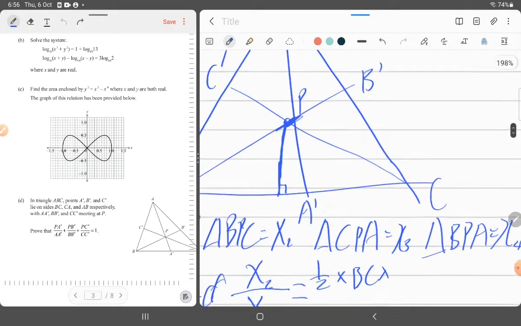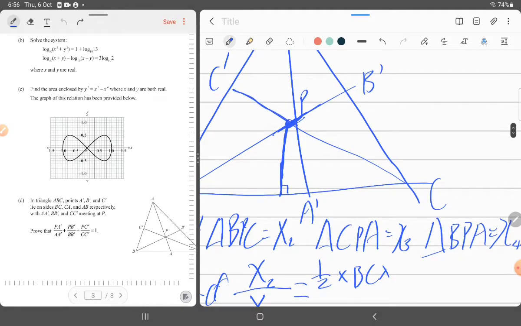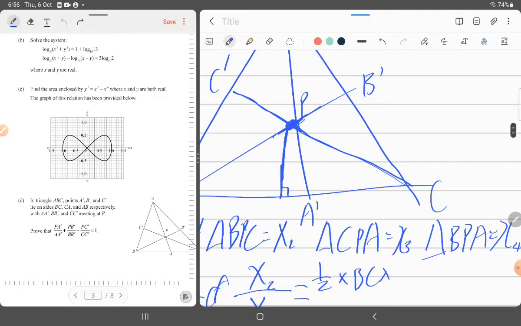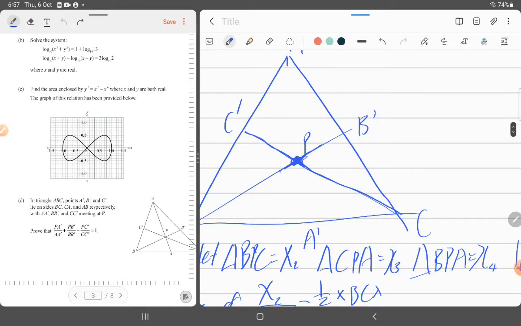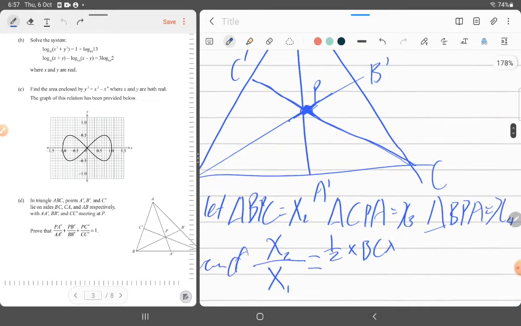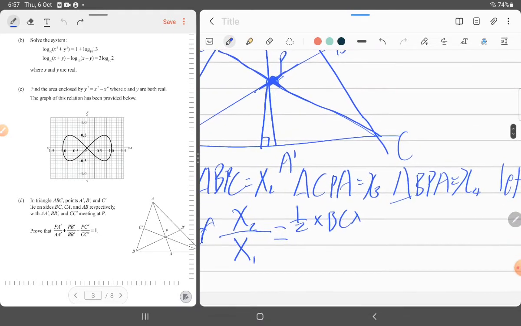Let me just clean it up real quick. My OCD is just... okay, it's good enough. So half times BC times this altitude,